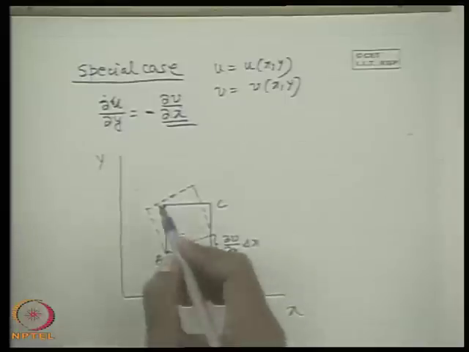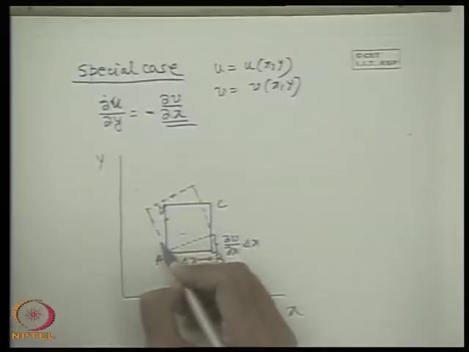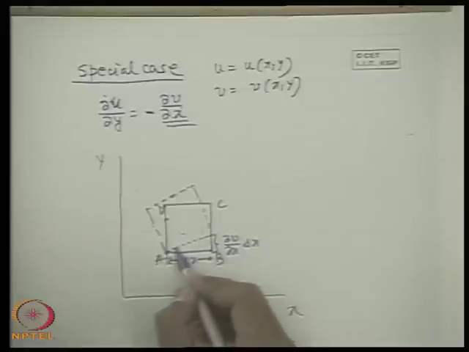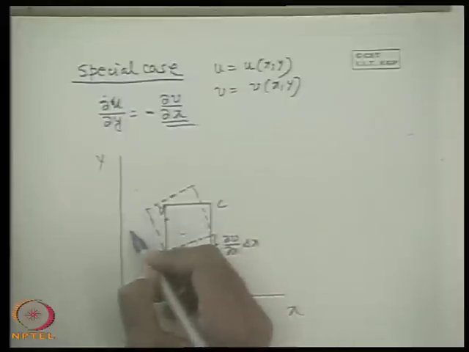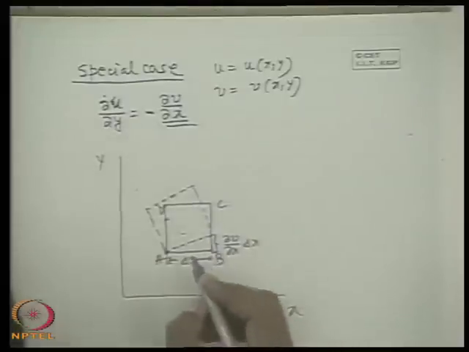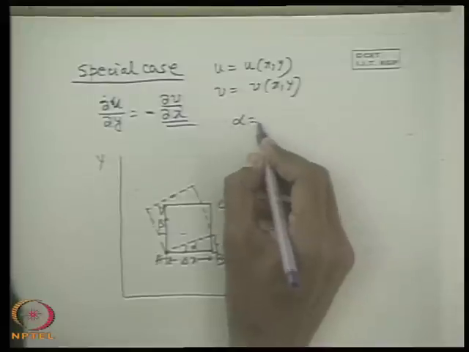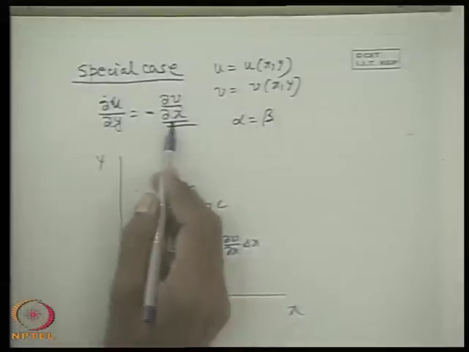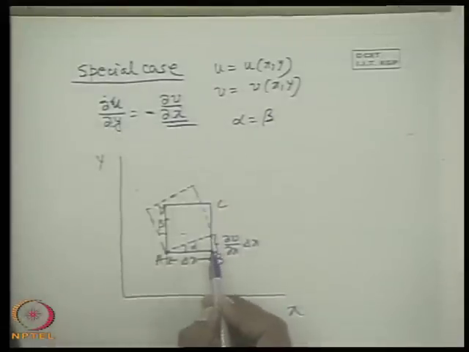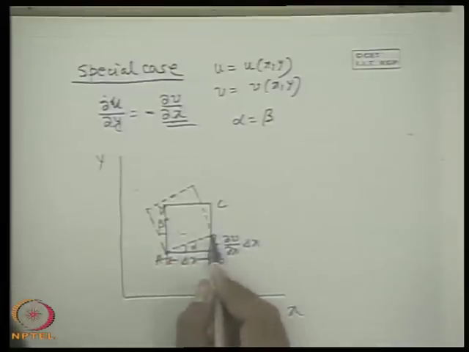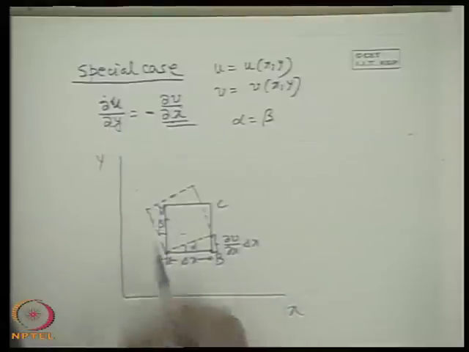So therefore we can tell that the particle will move in this way, that means in the same direction the linear element will be rotated, and since they are equal in magnitude, alpha will be equal to beta, because if you recollect, alpha is del V del x divided by del x, if we neglect the next term, it is del V del x, and beta will be del u del y.